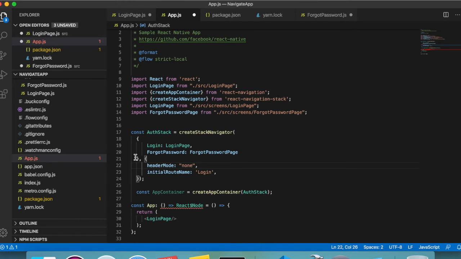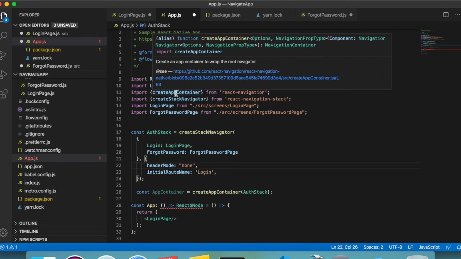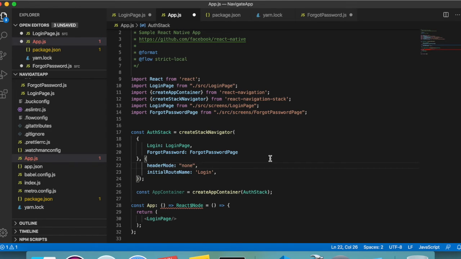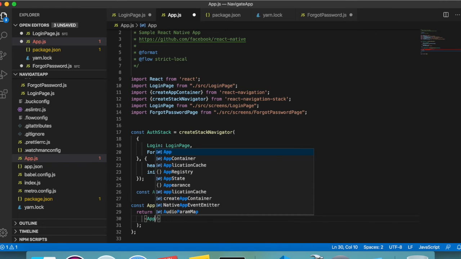So second thing, once you create the stack, you have to add this stack to your container. As I mentioned above, we are creating a container which will be the initial or starting point for our application. So I have created a create app container and I have passed my authentication stack to it. Once I pass it, I have created an object which is going to store my initial point, and now instead of login page, I will be adding this container